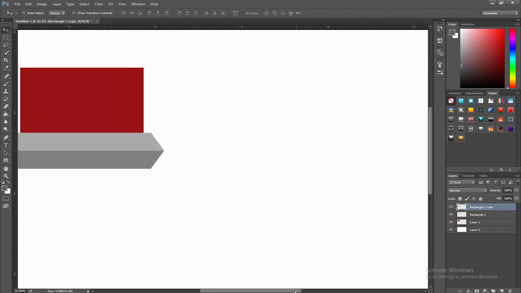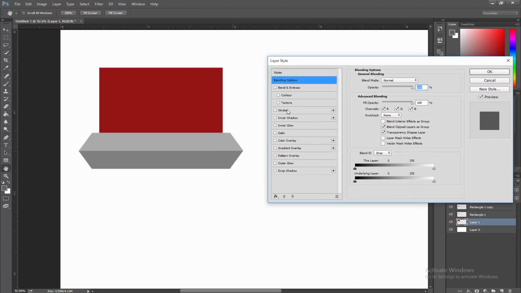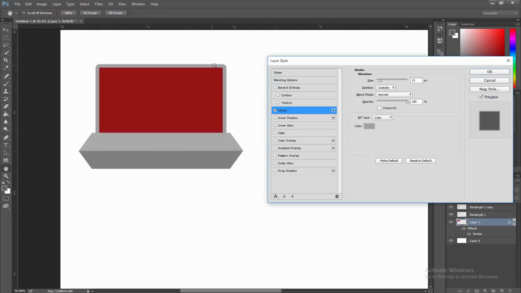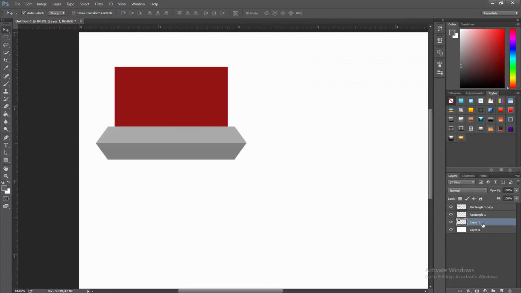So now that we've got this basic rectangle, three-dimensional shape on the bottom of our webcam, I'm going to add a quick outline to the webcam, give it a nice gray outline. Now you'll notice if I double click this and go into our FX panel and I click stroke, it's rounded on the corners, which is what we don't want, so I'm not going to use stroke. All I'm going to do is duplicate this, put it behind, Control U,